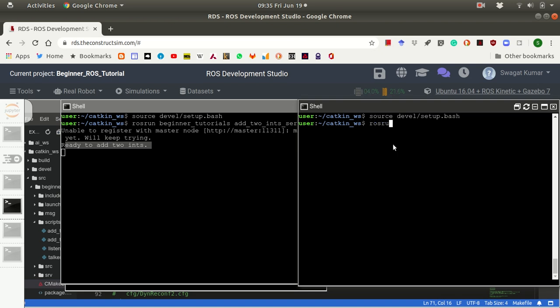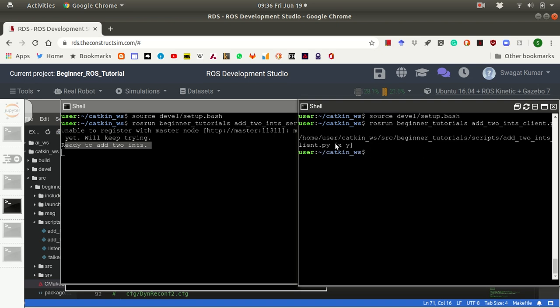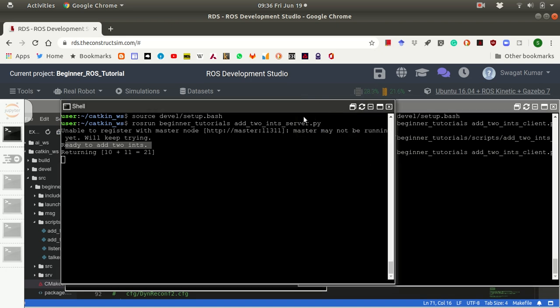And now rosrun beginners tutorial add two ints client. If I run it, it gives an error saying that I should pass two arguments. So I run it again, and this time I give 10 and 11. You see requesting 10 plus 11 and the output is 21, and the server is saying returning 10 plus 11 equal to 21. So this is how